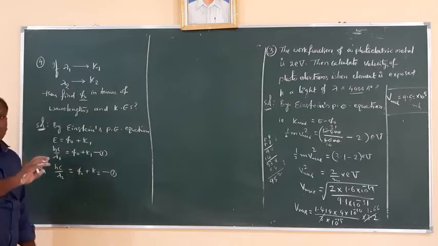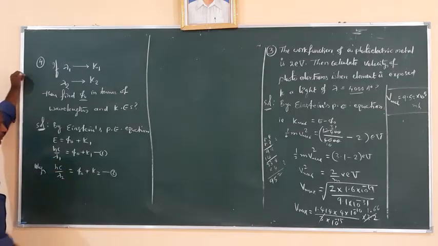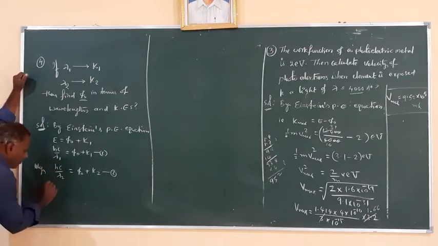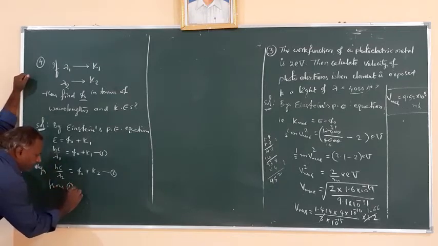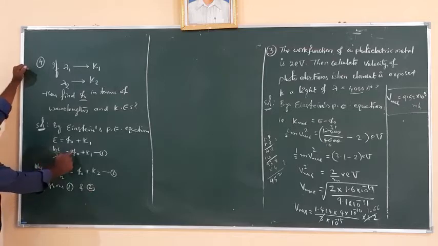In the options there is no term with hc. This hc value does not exist. So from one or from both I can just remove this hc. What can I put in place of hc from equations 1 and 2? In place of hc you can write, lambda 1 will come to this side, and this hc will become that.